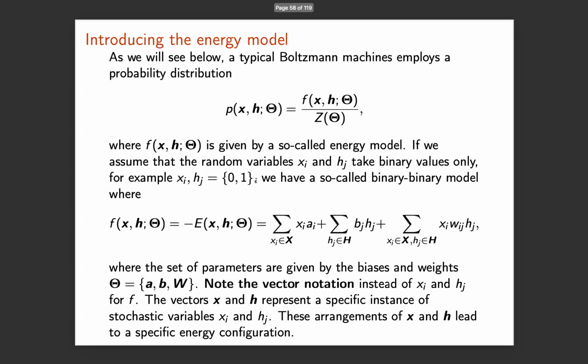If you replace your model with continuous variables here, so you have x squared minus this a squared, then you get what's called a Gaussian binary. And then the conditional probability for x given h is a Gaussian. And these are probabilities which you can plug in easily, since you have analytical expressions. And that made the Boltzmann machines very popular, but they are less flexible. So it's always us trying to strike a balance between tractability and flexibility.